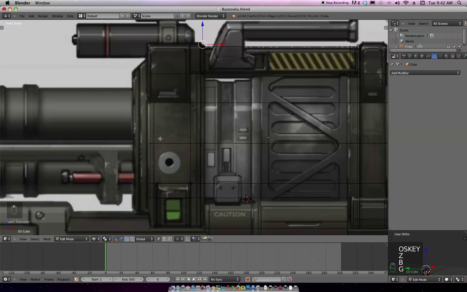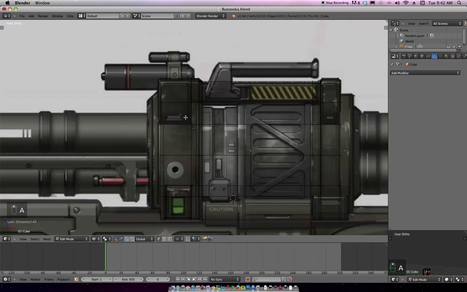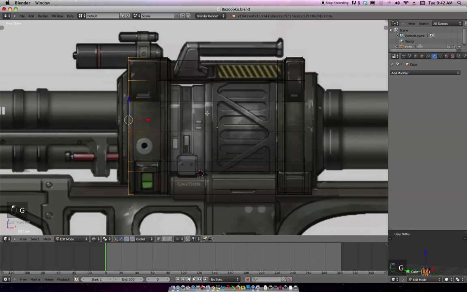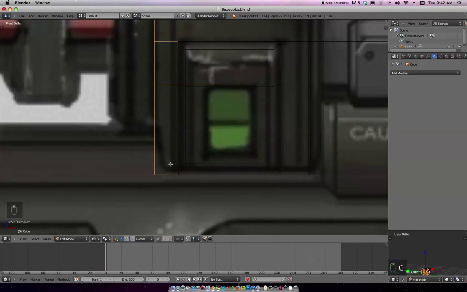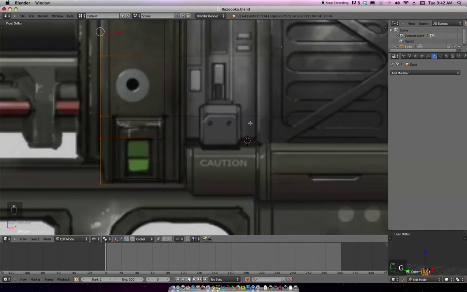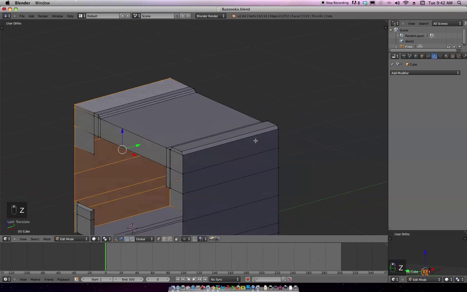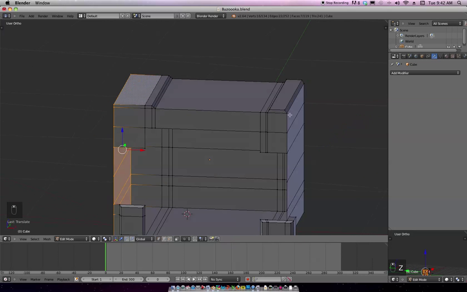So what I'm seeing is we need to come over on this edge right here. So B select, down to here, grab it on the X. Okay, I can live with that. And so we got a little need of subdivision there. So we'll take care of that in a second. Okay, so we've extruded our top section right here to give that over the top part,